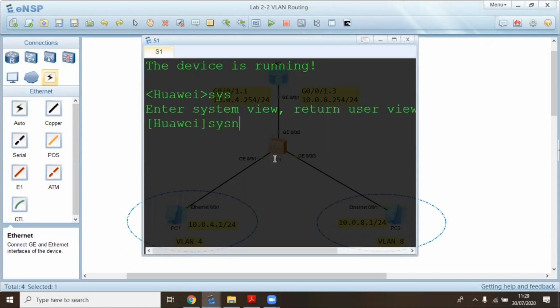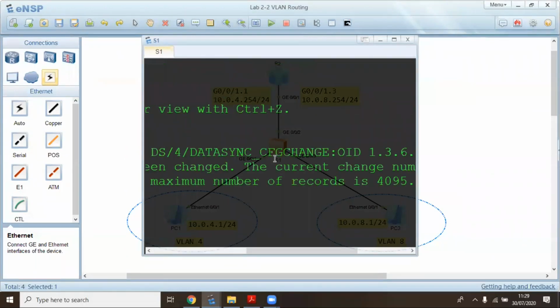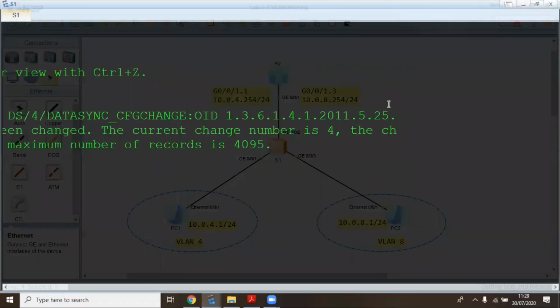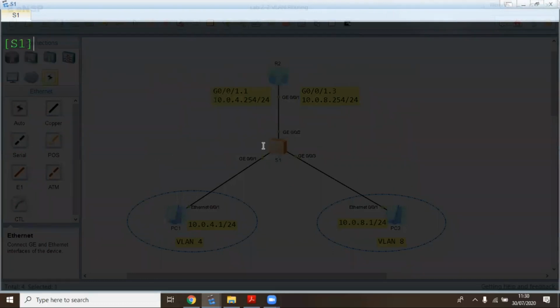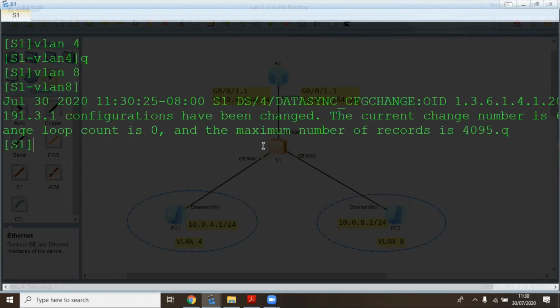So the first thing we do, of course, is to rename it to S1. Okay, so now we want to create VLAN 4 and VLAN 8. So other than creating in batches, we can also create one by one like that. So VLAN 4, then we also create VLAN 8 like that. So then I can quit. So after we do that,